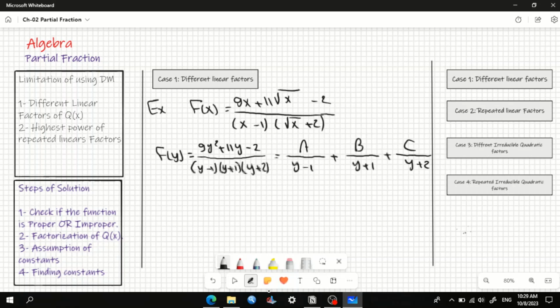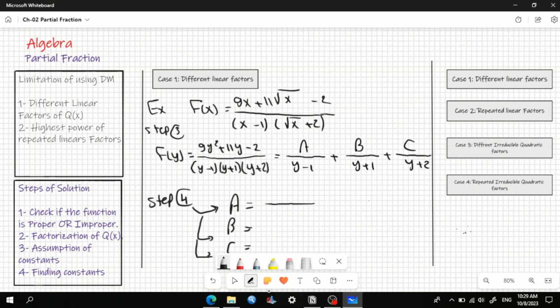So here, by the direct method, for step 4, here is step 3. From here, find a equal to, b equal to, c equal to. So for a, we just hide y minus 1 from here